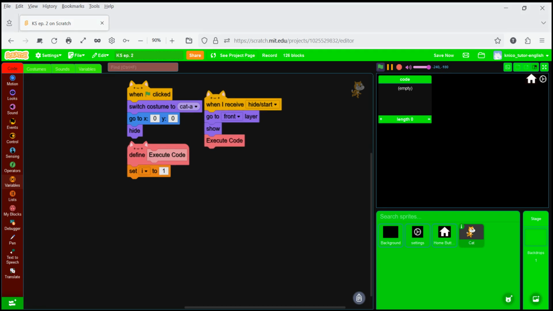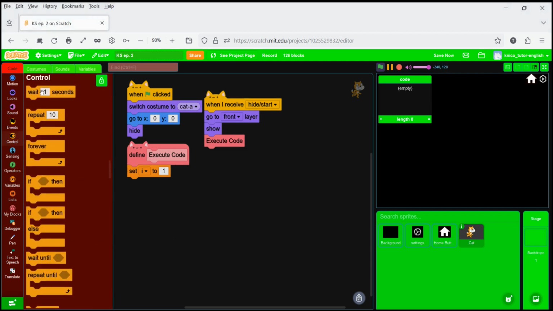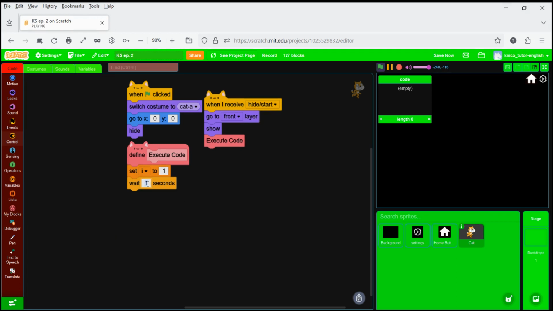Then I wait 0.5 seconds so that you can see what's going on, and so that the game has time to process. So I wait 0.5 seconds, and then